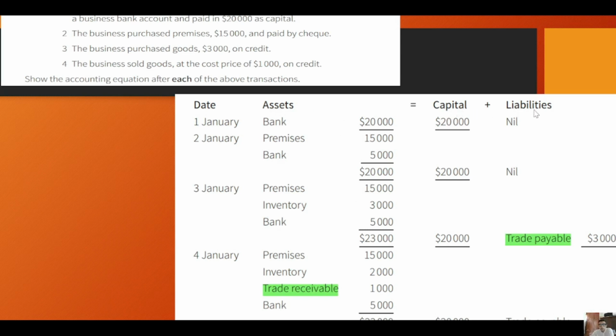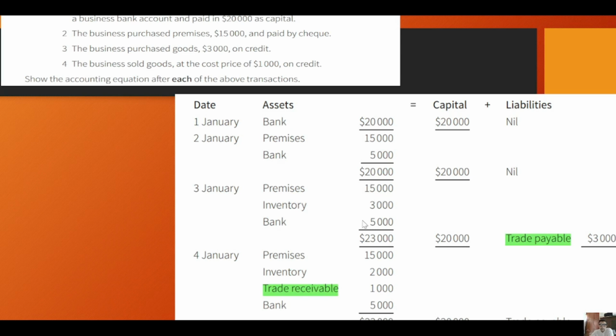So on this side of the equation, the assets must be equal to capital plus liabilities at all times. For example, on January 1, she has $20,000, so that is the asset. So the asset in the bank is equal to the capital; there is no liability. And on January 2, she started working, she bought premises of $15,000. Okay, and now she has $5,000 in the bank, so the total is $20,000, and that is equal to the capital